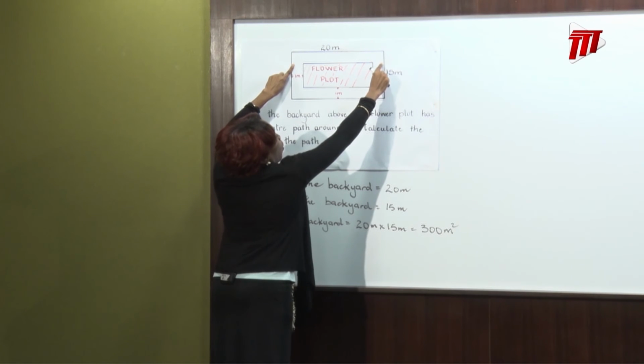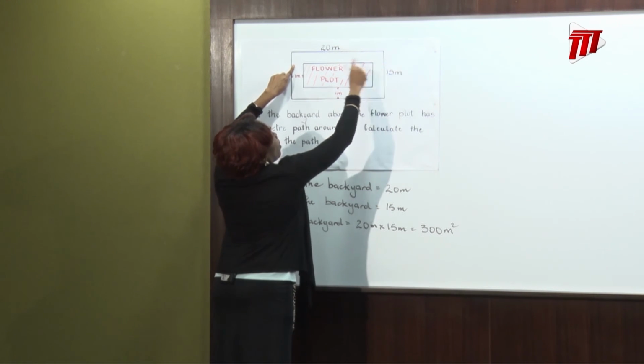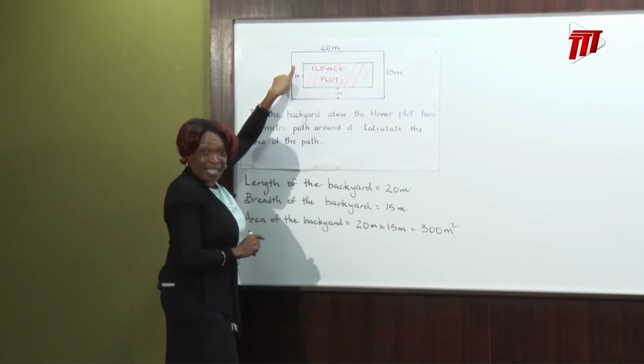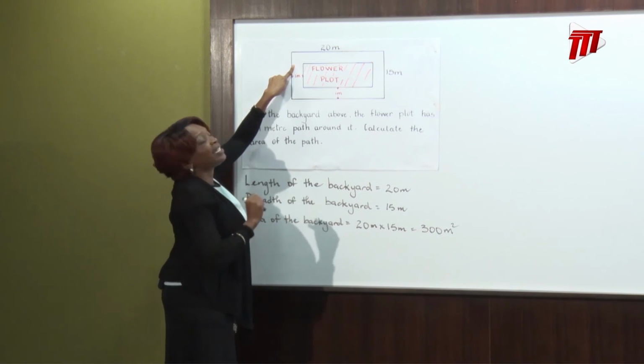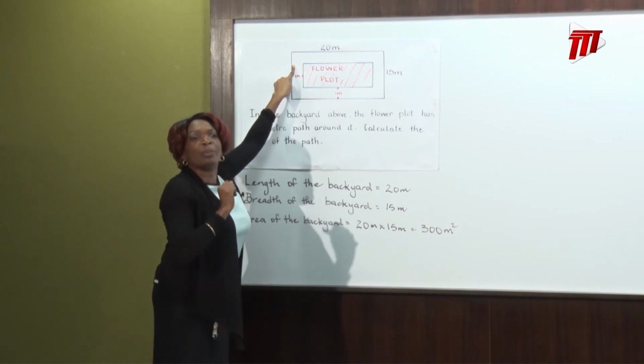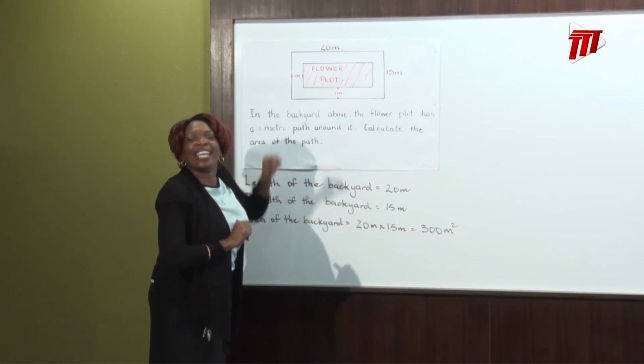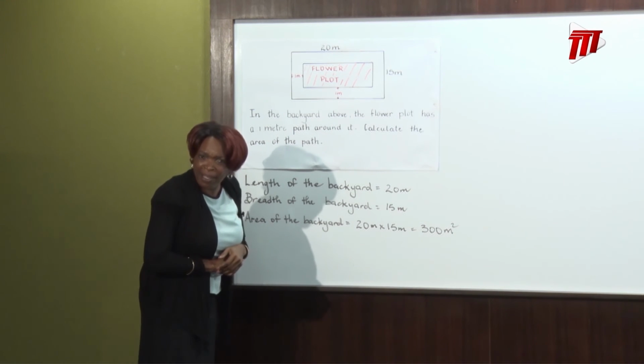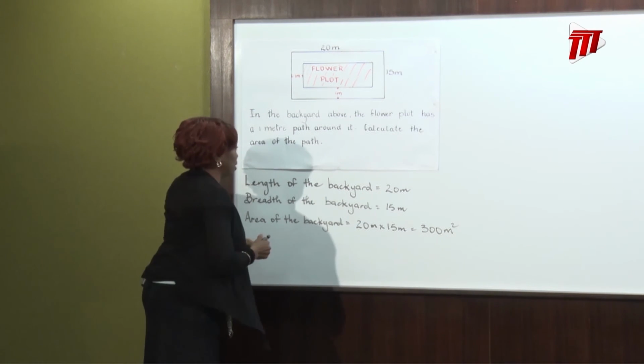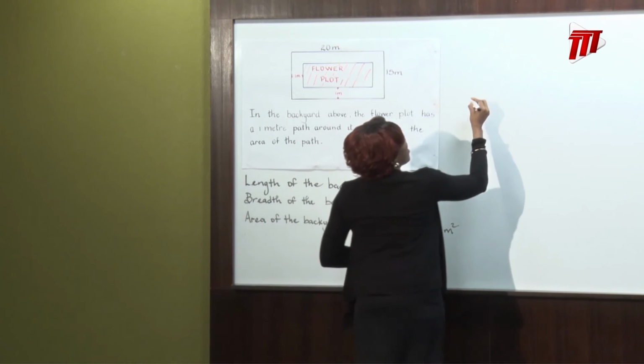So if we take out the 1 meter from here and 1 meter from here, we will get the length of the flower plot. Are you seeing that, children? 20 meters, take away 2 meters will give us what? 18 meters. Are you with me? Are you seeing that? Wonderful. So we can say the length